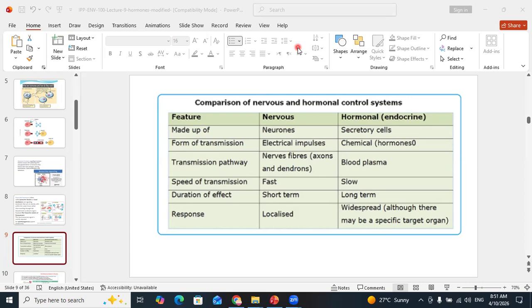In nervous control, the transmission is in the form of electrical impulse, while in the endocrine system, the transmission is in the form of chemical substances, which are actually hormones. In the nervous system, the transmission pathway requires nerve fiber, like the electrical impulse passes from one neuron to another neuron along the nerve fiber, while in hormonal control, and very specifically, the endocrine system,